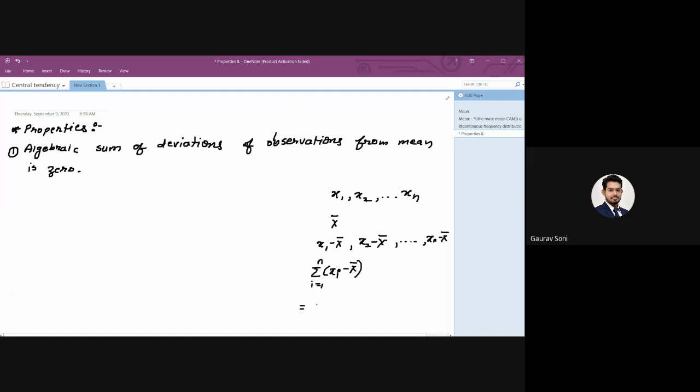So this is going to be summation xi, i running from 1 to n, minus summation i running from 1 to n of x bar. Can someone tell me what is the second entry? What will be that summation? And x bar,